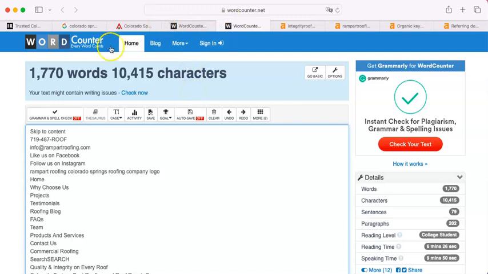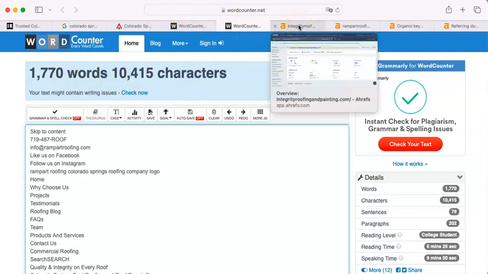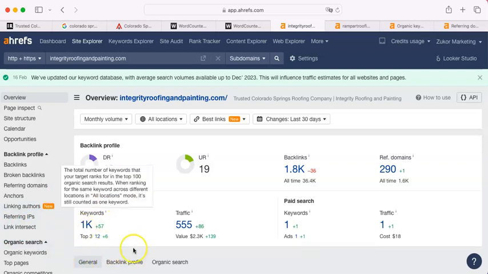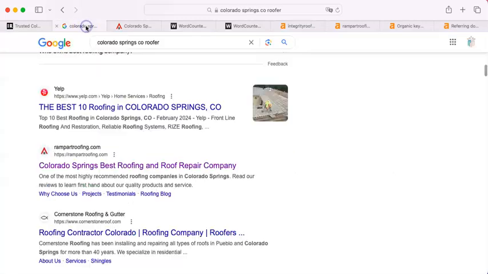Now, I will tell you that all words are not the same, and that's what I'm going to talk to you about now, because that is one of the things that the Google algorithm is looking for. Keywords. You have a bunch of them, which is great. You have 1,000 keywords, which most companies do not. These are words that are determined by the Google algorithm when it does this.